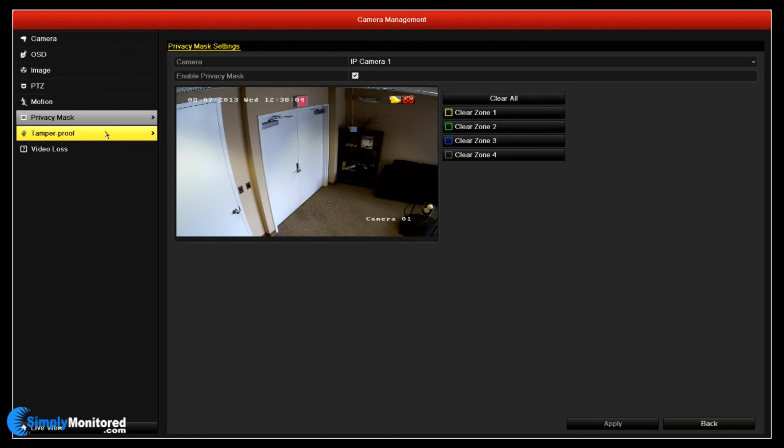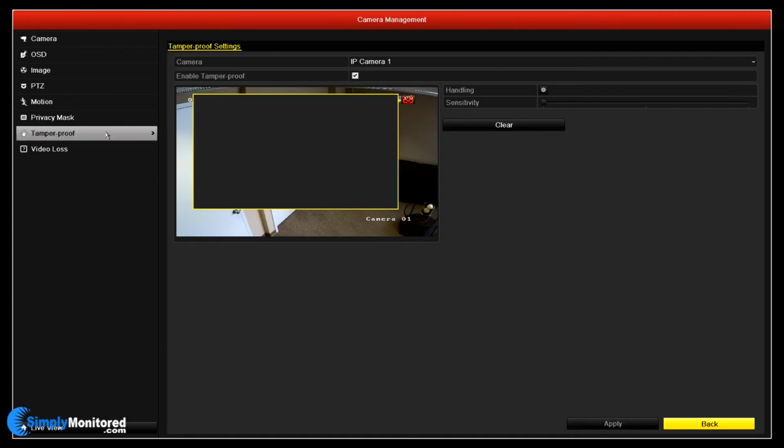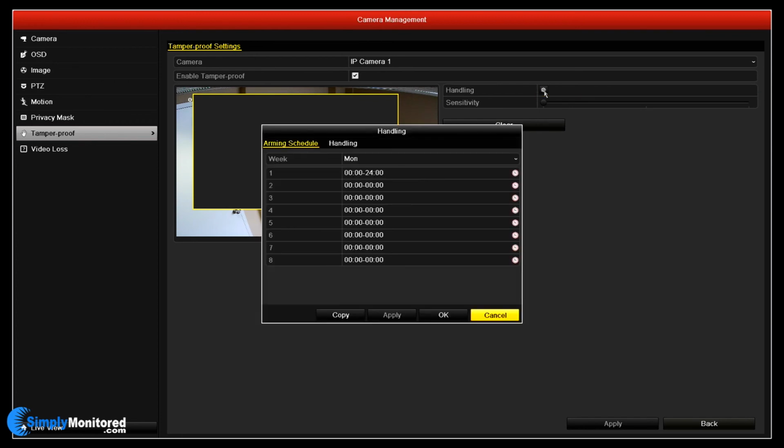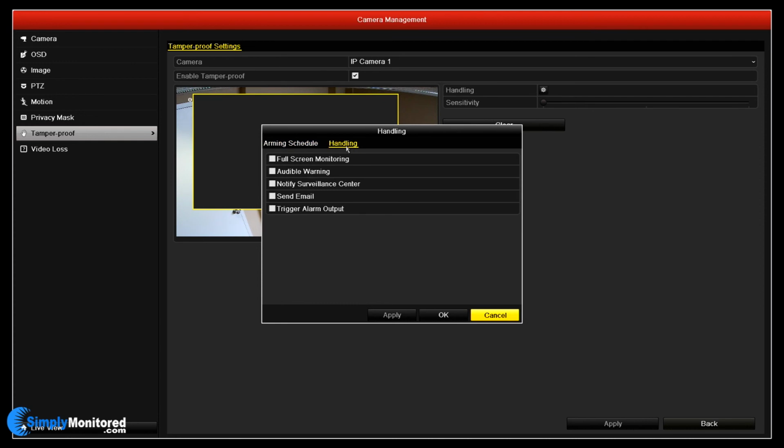The Tamper-Proof configuration menu allows you to configure what the camera should do if it detects that it's being tampered with. As you can see, there is a black box covering most of the screen. If a single object takes up this much space in the live view, for instance a piece of black cloth is covered over the camera, the NVR will automatically consider this an attempt to tamper with the camera and can either sound an alarm, send an email, or any of the following options that can be configured in the Handling